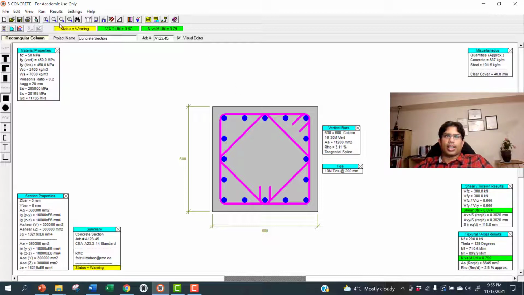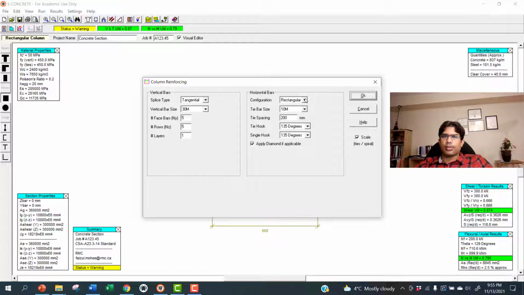And if you want to do a spiral column design, you need to select circular column. For a spiral column, you need to select circular column. And then for reinforcement, you need to click this button. And then for spiral column, you need to select the spiral in the horizontal bar.